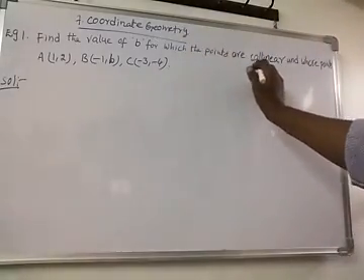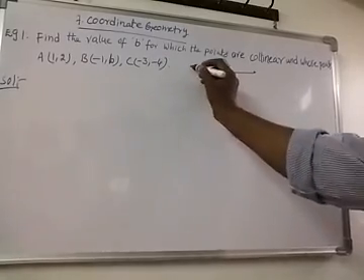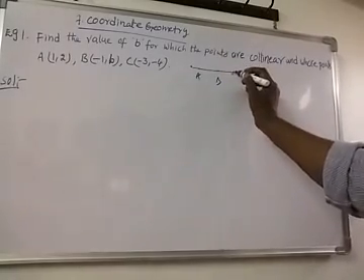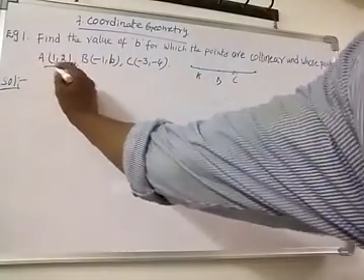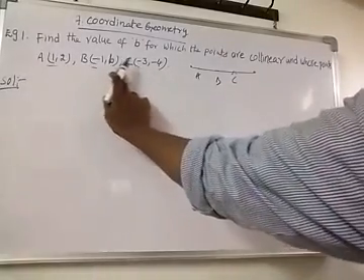So the given points are collinear points. What are collinear points? Two or three points lying on the same line are called collinear points. So this is A, B, C. Now we know that if the area of the triangle is 0, then the given points are collinear. Also, as shown on this slide, if the points are collinear, the slope of AB is equal to the slope of BC.